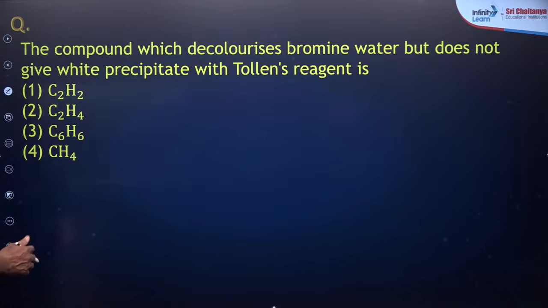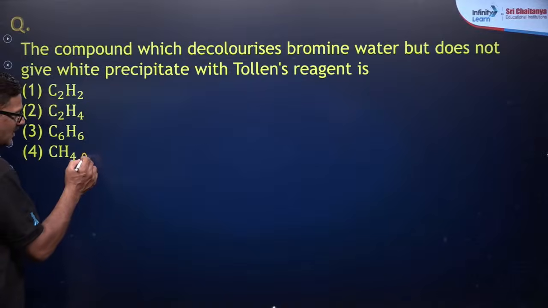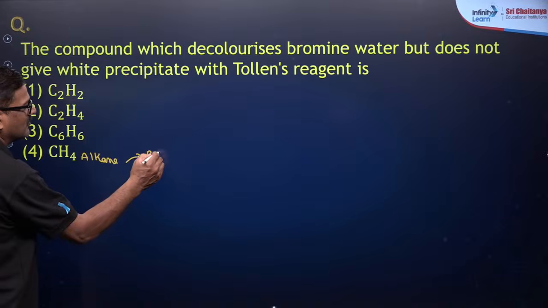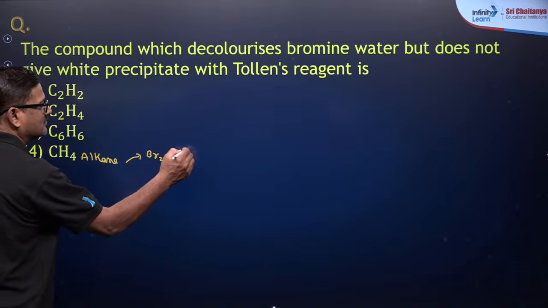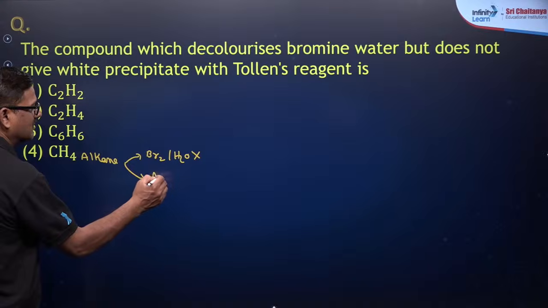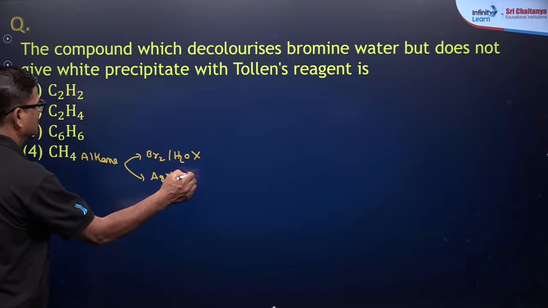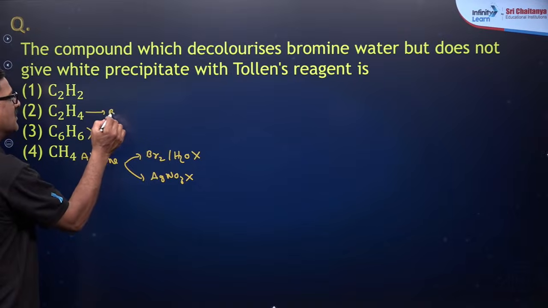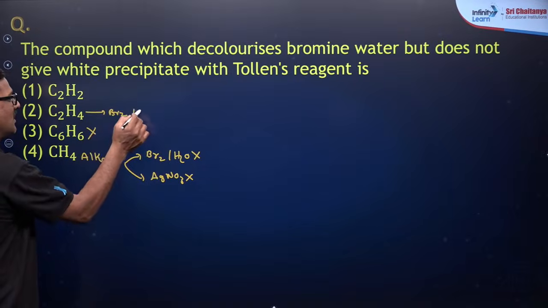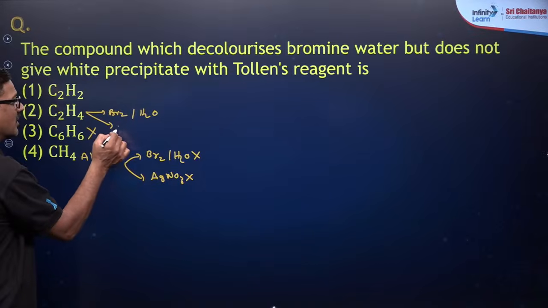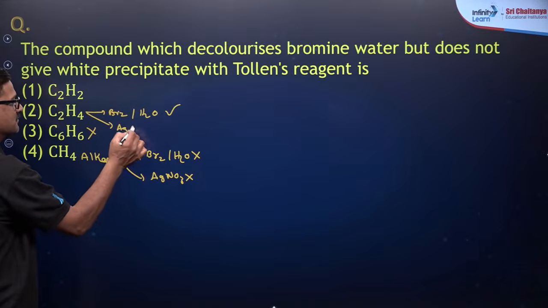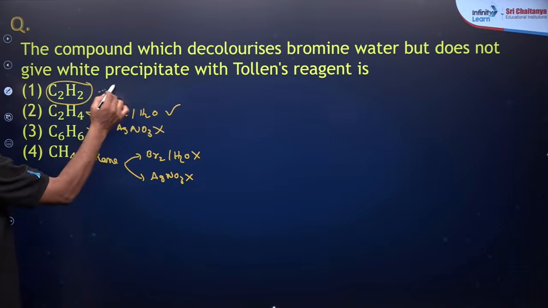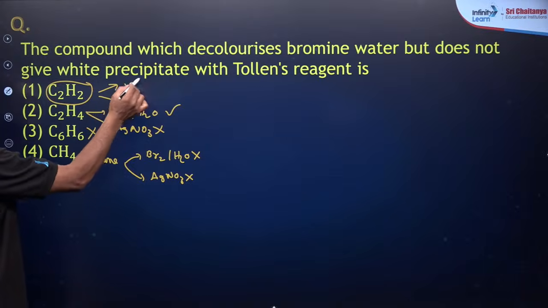reagent. Okay, so this is an alkene. It does not react with the bromine water. It does not react with the AgNO3. C2H6 also, and C2H4 can react with the Br2 and water, and it does not react with AgNO3. But C2H2 can react with both. So I want to say